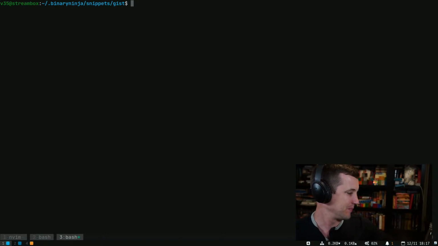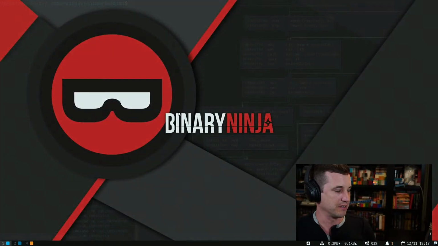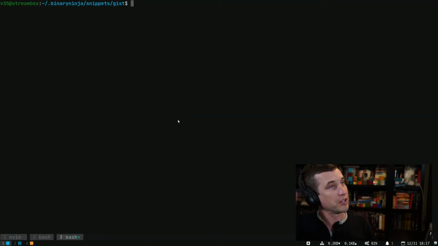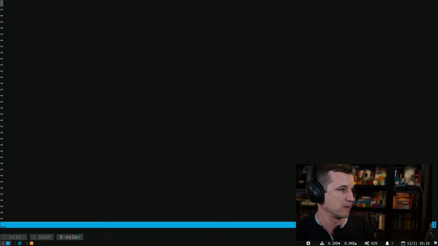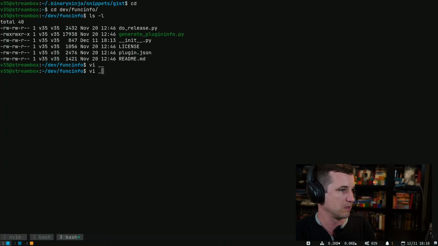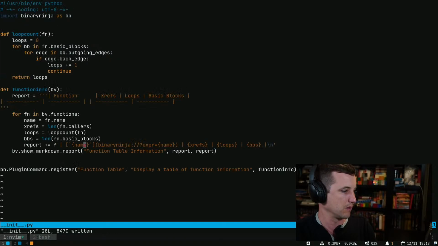All right. So there's our plugin. We've got a basic function table. Anybody else have any other thoughts? Like, what are other uses? Oh, so here's a couple other things, while we're at this. This plugin is really easy to add additional properties to. Like, so we could add